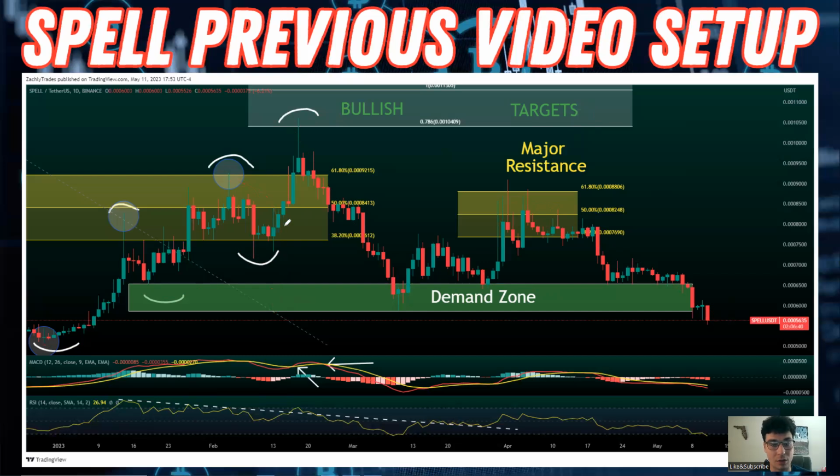We continued putting in those higher highs. But what I said, what you want to look for if you're bullish, right, at that time, was you wanted to see a breakout here, and you wanted to see us break out past this bullish divergence trend line and retest it and claim it as support from resistance. And I mentioned that you don't want to see a look above and fail, which is exactly what we got,